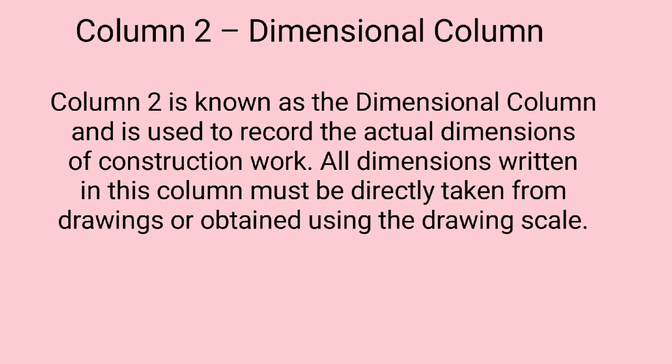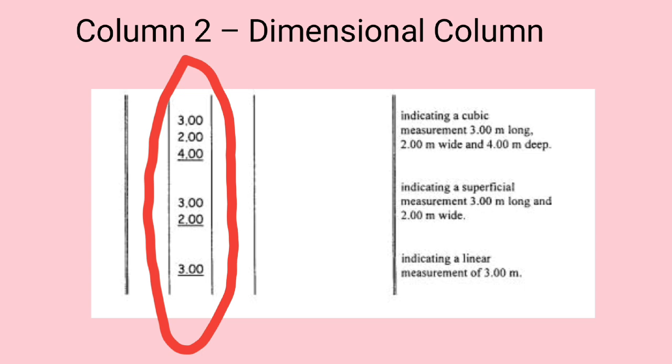Timesing is applied when several identical items share the same dimensions. The number written in the item column multiplies everything written to the right of it. An item may be timesed more than once, with each multiplier affecting all subsequent dimensions. This cascading effect must be clearly understood, as incorrect timesing